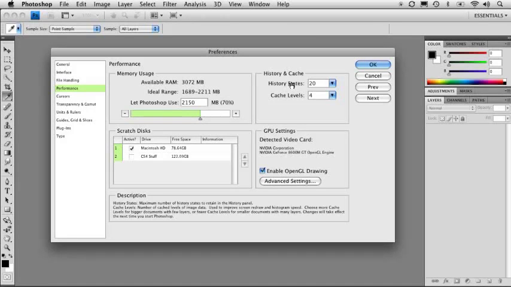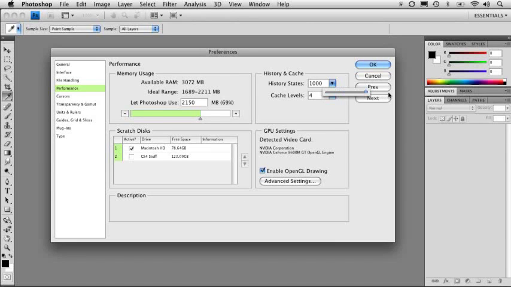Here you have the history states, and this determines your undos. Basically, in a sense, you have unlimited undos in Photoshop. You can certainly set this number all the way up to 1,000 if you like, and if you have to undo something 1,000 times, then it's probably going to be easier to start over. The reason you want to keep this number relatively low, and we're going to talk about history a little later, where there's another lesson entirely dedicated to using the history, but you want to keep the number relatively low because